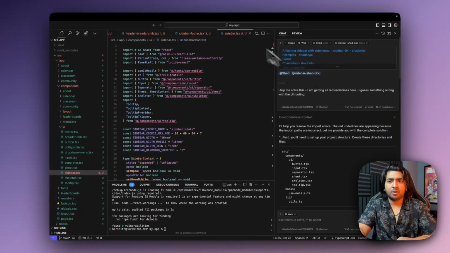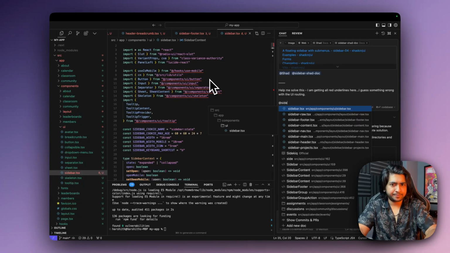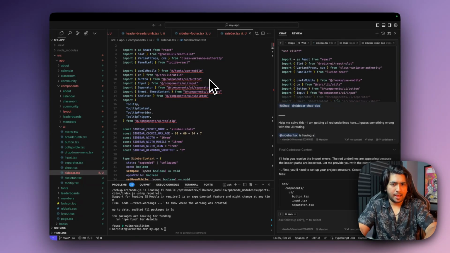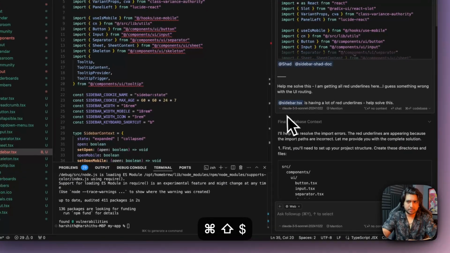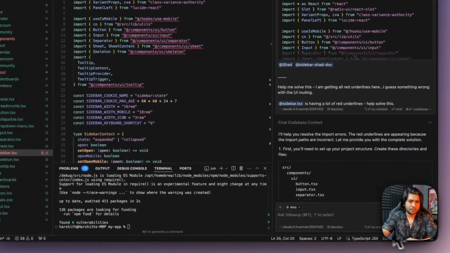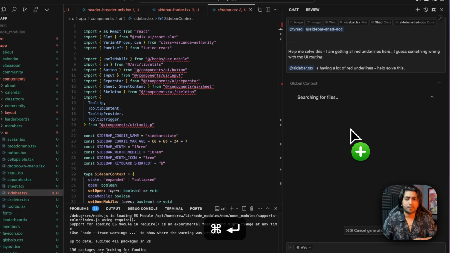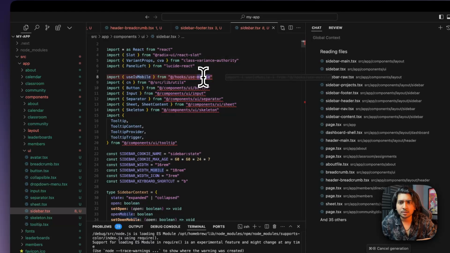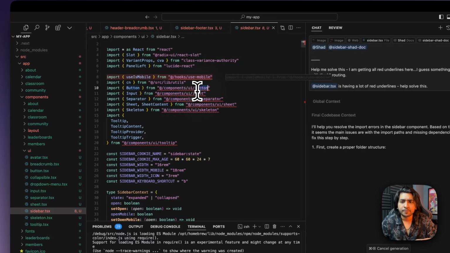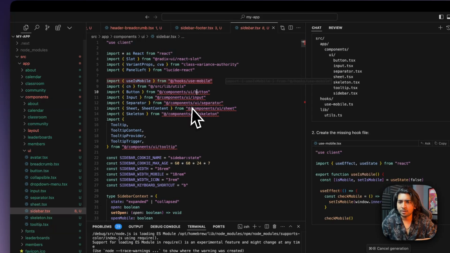Let's only solve for sidebar. Sidebar is having a lot of red underlines. Help solve this. Now let's just take a screenshot of, I think it took a screenshot of the entire thing. Let's just take a screenshot of this. Enter. So now we're just specifying exactly the errors with this. So generally it's just supposed to give,